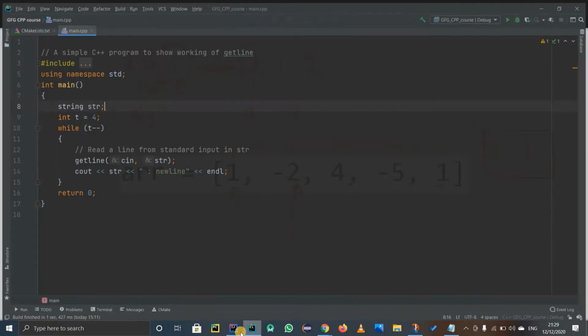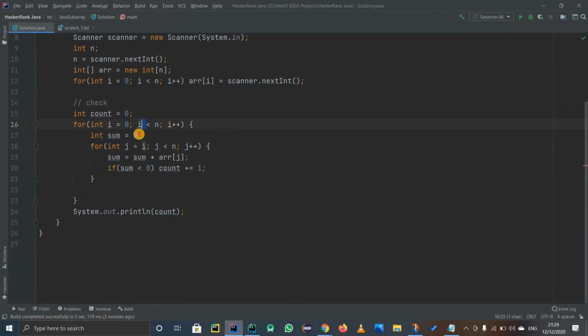Okay. So for that, what I have done over here is I have written sum equals 0 inside this for loop. If I would have written sum equals 0 outside of this for loop, then obviously we'll get a wrong answer. That's the reason why I wrote sum equals 0 inside this for loop of i. Okay, I hope that these things are clear to you all.